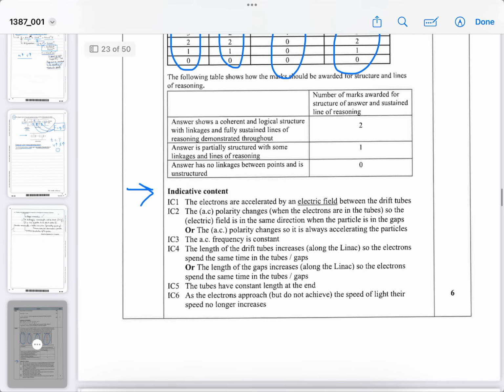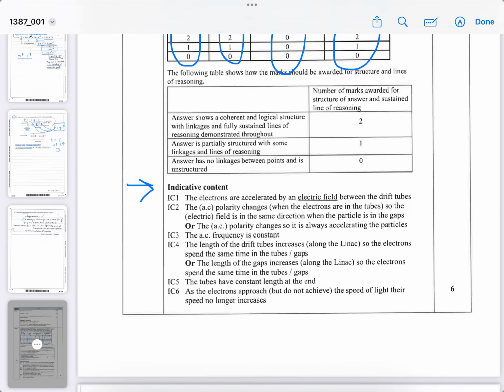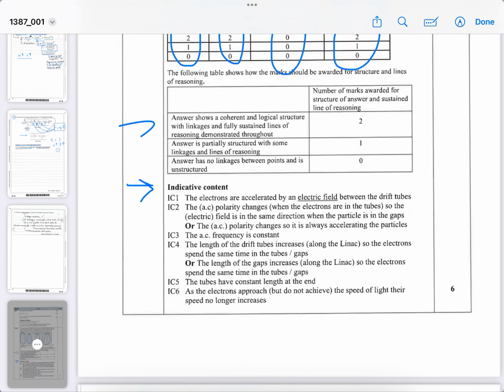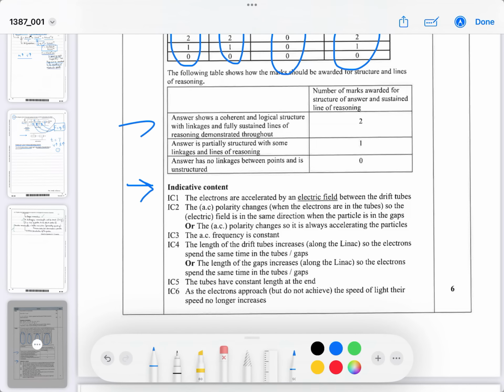So for example, to get the 2 full marks for the reasoning, this descriptor is used here: shows a coherent and logical structure with linkages, and a fully sustained line of reasoning is demonstrated throughout the student's